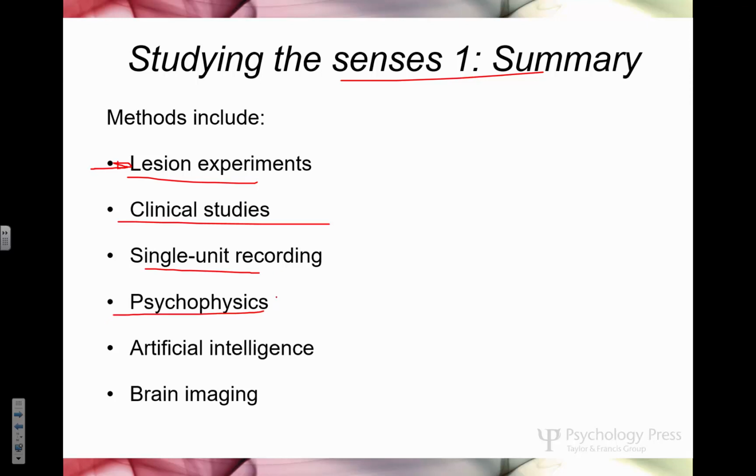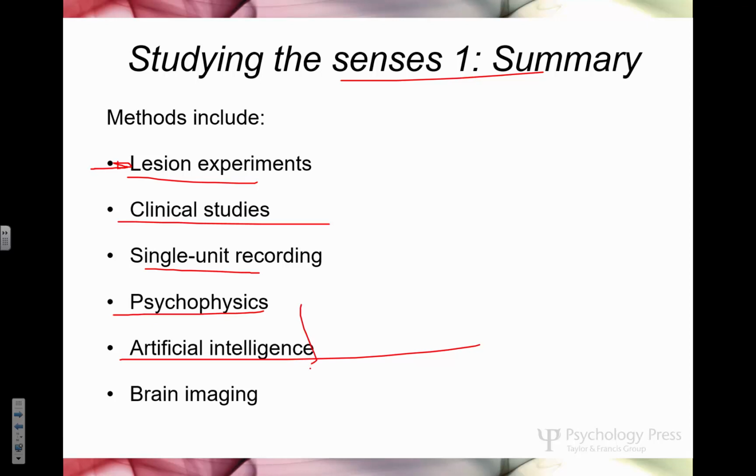This is where we would give you some sort of sensory test, and we might ask, hey, can you see this light? You say yes or no. Then we change it a little bit, and a little bit more, making it a bit dimmer each time until we find that threshold. What's the dimmest light that you can possibly see? So everything you do when you go to the eye doctor. Yeah, that's kind of what they're doing.